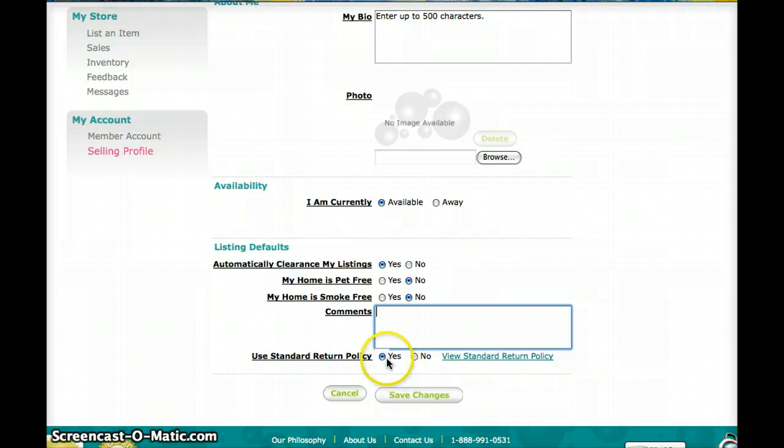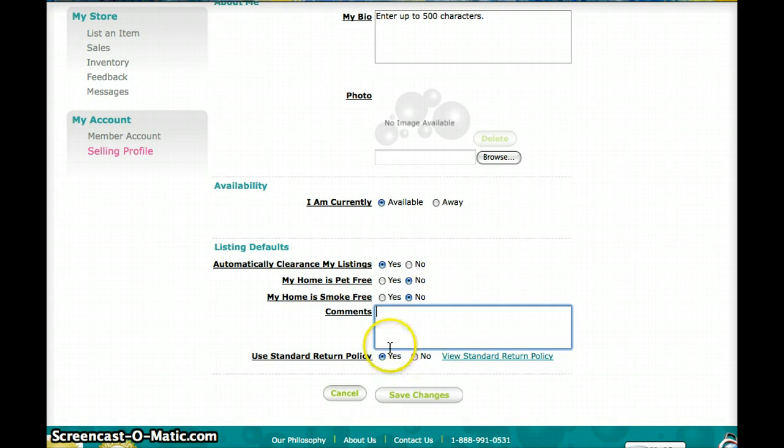And here we ask if you want to use our standard return policy or not. You can review it right here. Again, this can be overridden on an item by item basis. Some items it may not make sense for, but we actually got a focus group of moms together, and we believe we came up with the best return policy balance between buyers and sellers. And again, it should work for 99% of things, but you might have that occasional thing that it does not